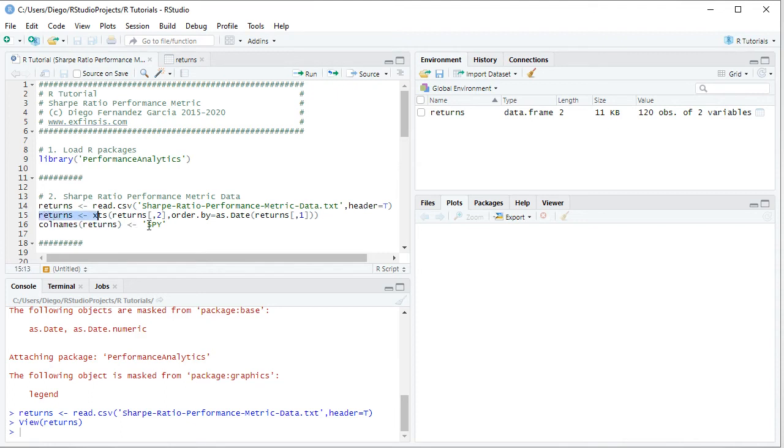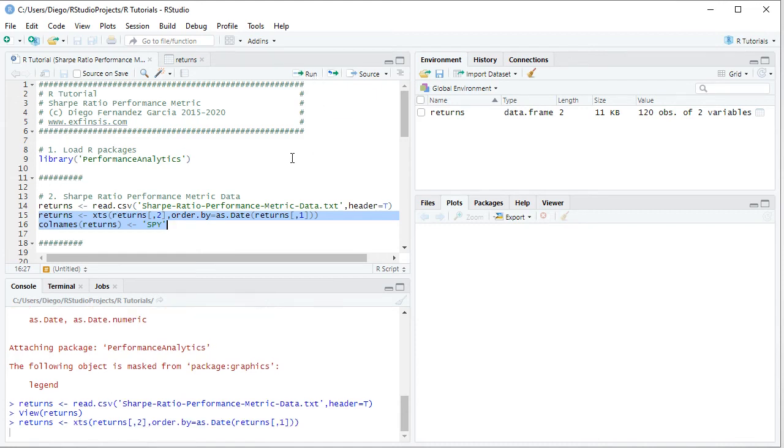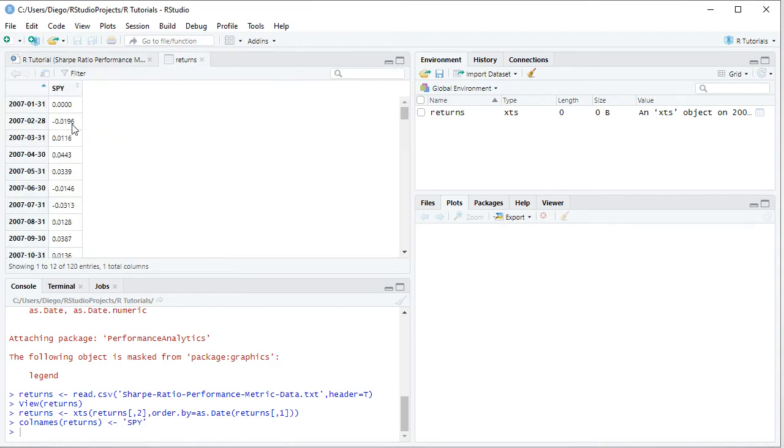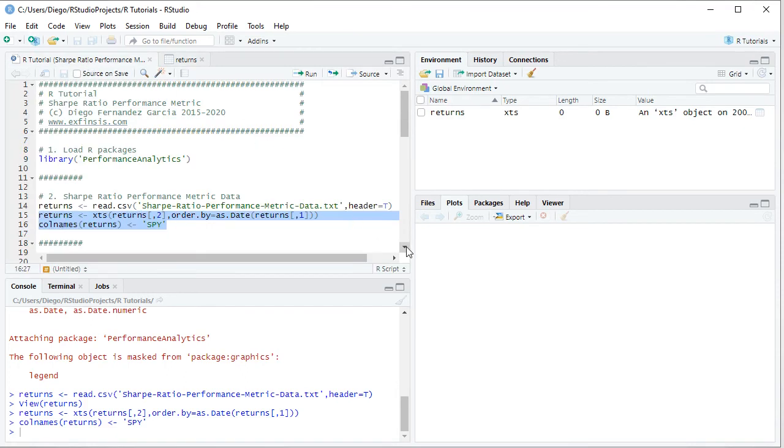So we select those two rows, and then we click Run or Ctrl Enter on the keyboard. Excellent. So notice that now we have the returns object as an XTS or extensible time series, and if we reopen the data, we see that now the dates became its index. So back into the code file,